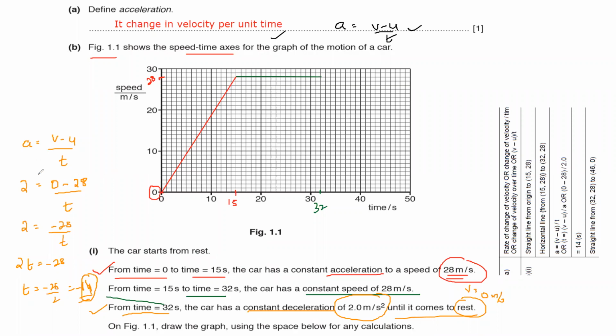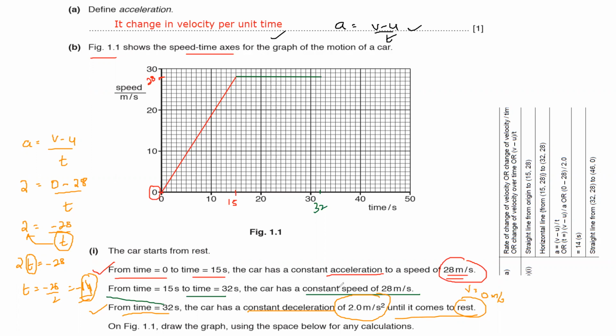How is it 2t? Look, Abdullah, the deceleration is 2, the final velocity is 0, the initial velocity is 28, and time is t. So 0 minus 28 is equal to minus 28. This t is divided here. In mathematics, if a value is divided on one side of the equals sign, on the other side it will be multiplied. That's why this t is divided, and on the other side it will be multiplied. So it will become 2t is equal to minus 28. But because we are finding t, the 2 is multiplied, so on the other side it will divide. So minus 28 divided by 2 will come out as 14. So it will take 14 seconds basically